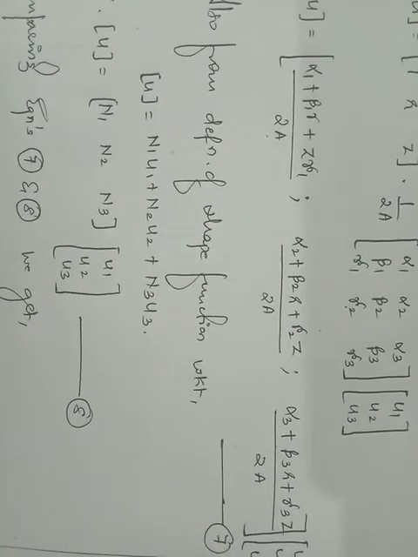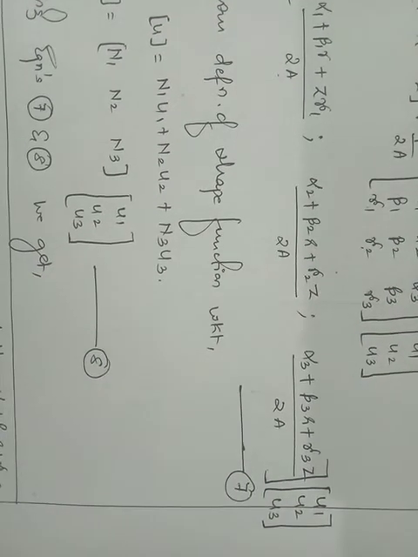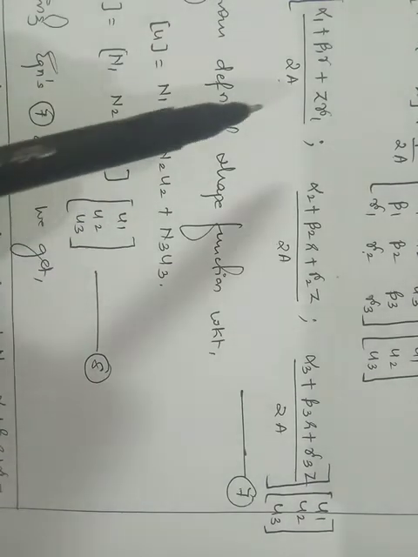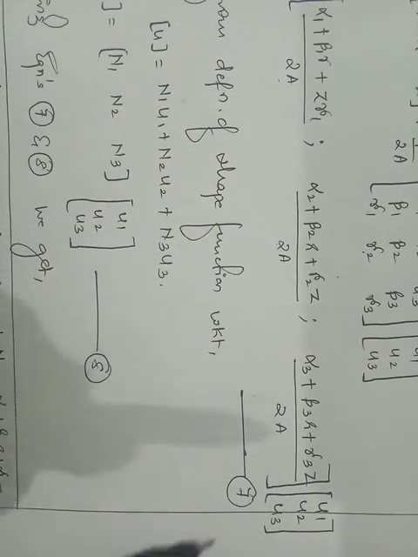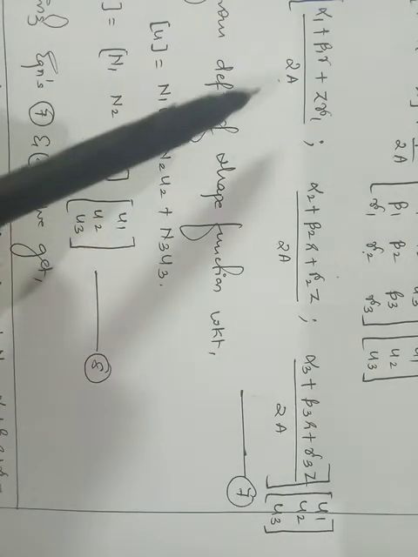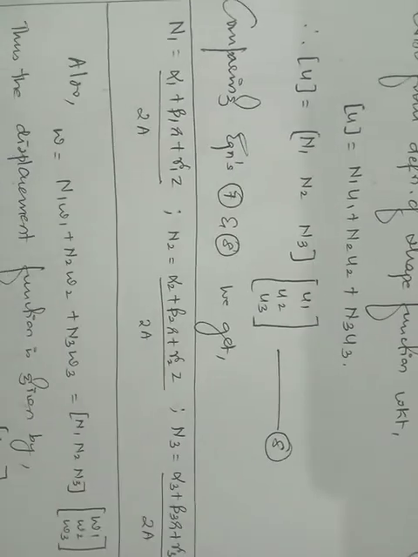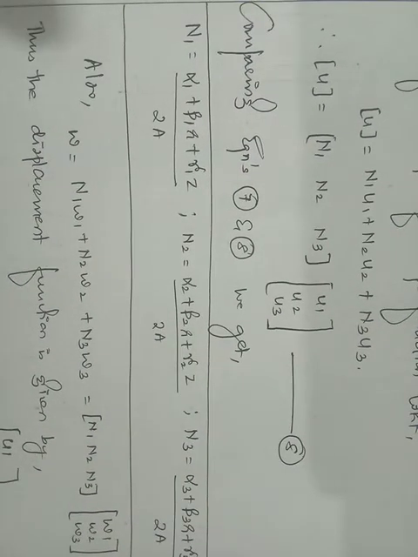Now I'll show you the equation number 7, and on the LHS it is just u, on the RHS it is like this: u1 u2 u3. You can just check out n1 n2 n3, u1 u2 u3. So this is n1, this is n2, this is n3, u1 u2 u3. So by comparing equation 7 and 8, what will we get? This is n1, this is n2, this is n3. So we got the values of three shape functions, n1 n2 n3, right? So that's it. That is the end of the derivation.